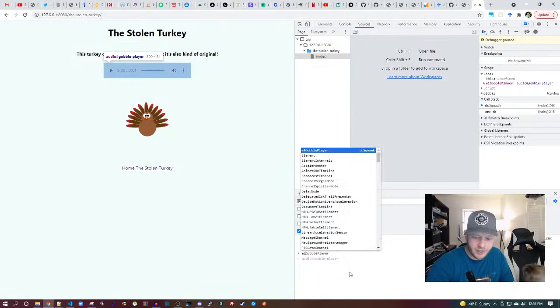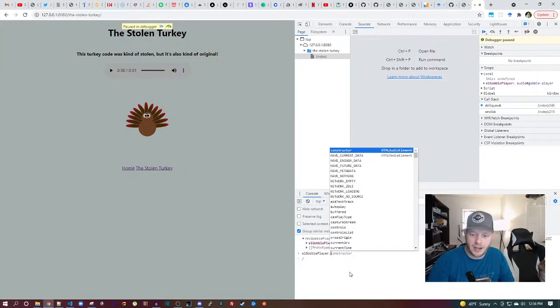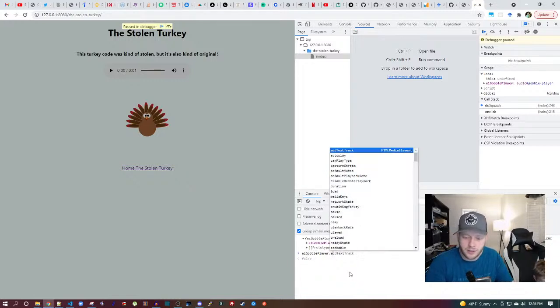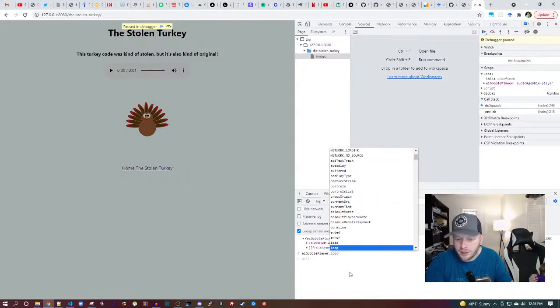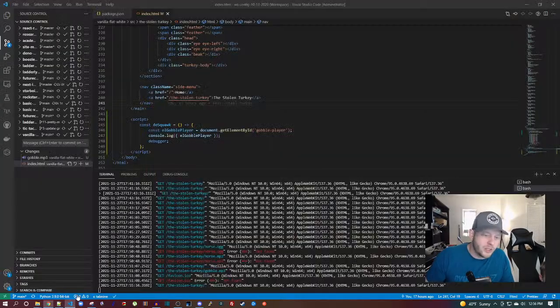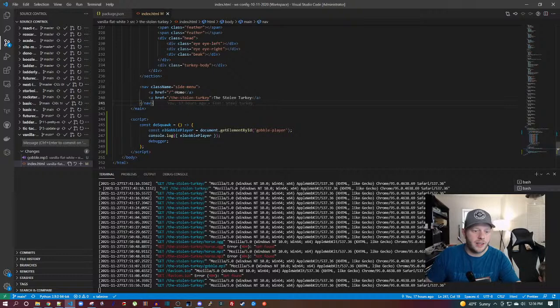So here we got L gobble player dot, can play, autoplay. Yeah, it's just play. Right. Okay, so even though IntelliSense didn't know that it's a thing,